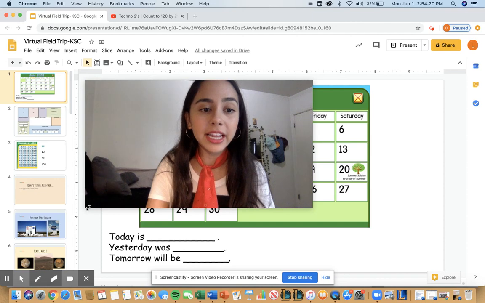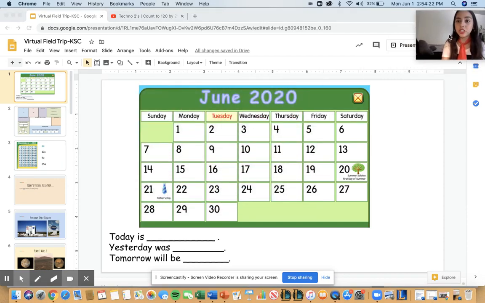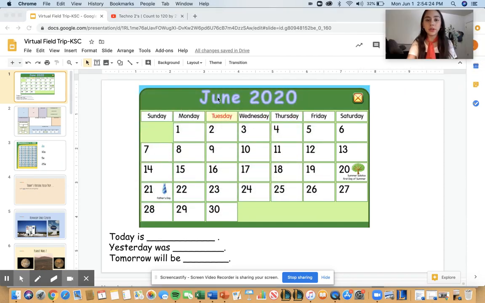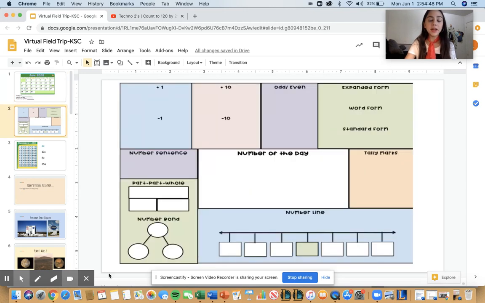We are starting a new month today, which is the month of June. Today is Monday, June 1st, 2020. Yesterday was Sunday, May 31st, 2020. And tomorrow will be Tuesday, June 2nd, 2020. Our number of the day today is